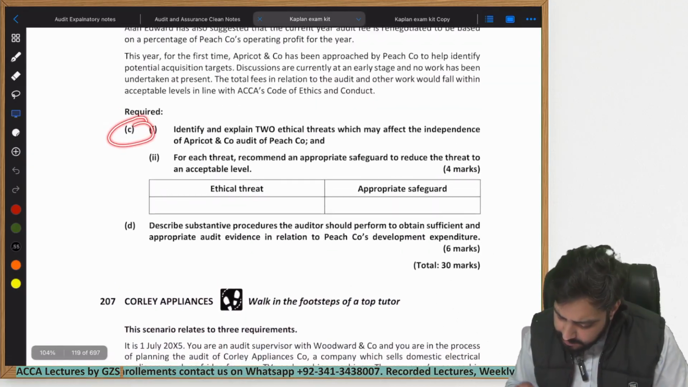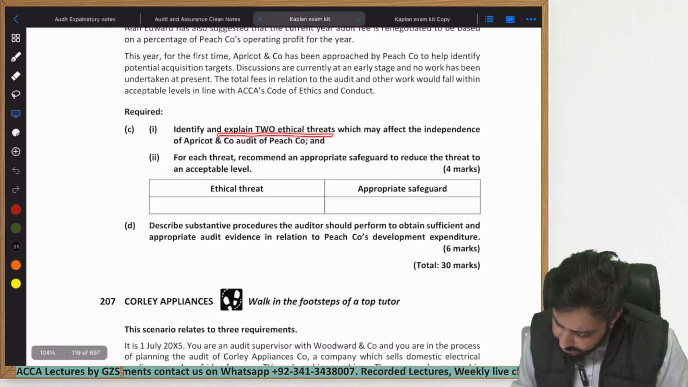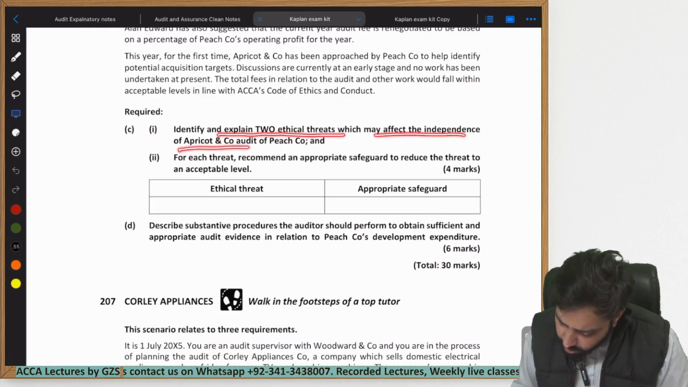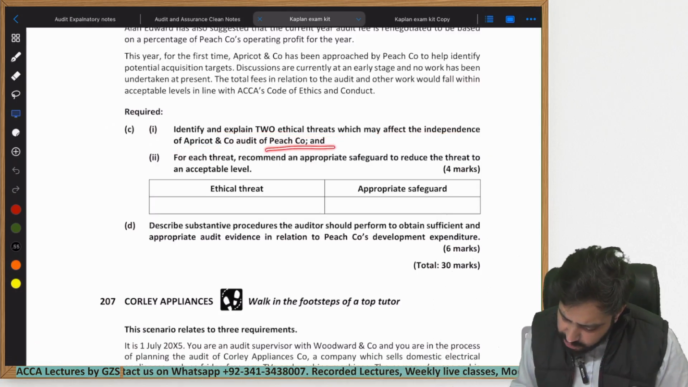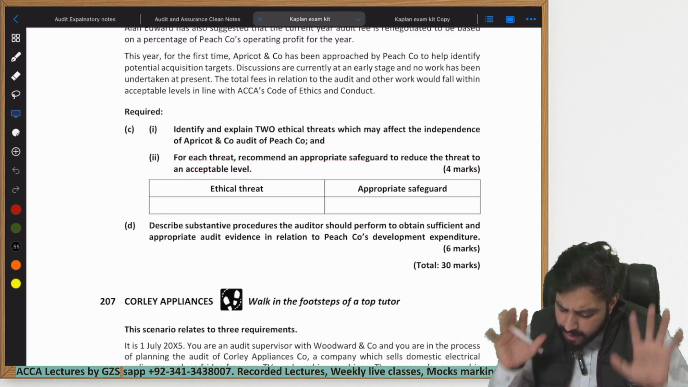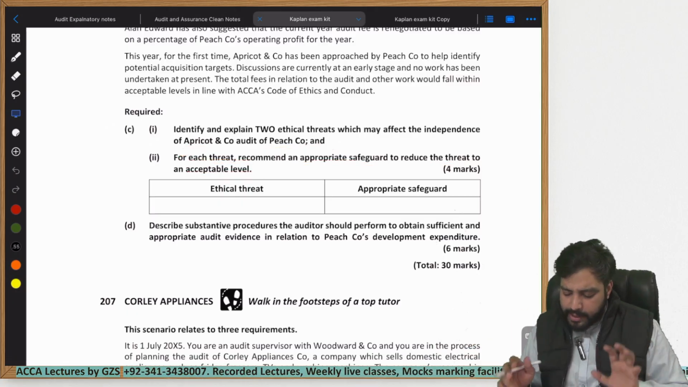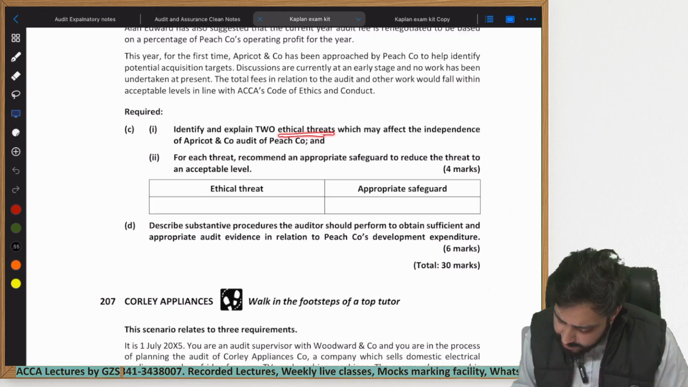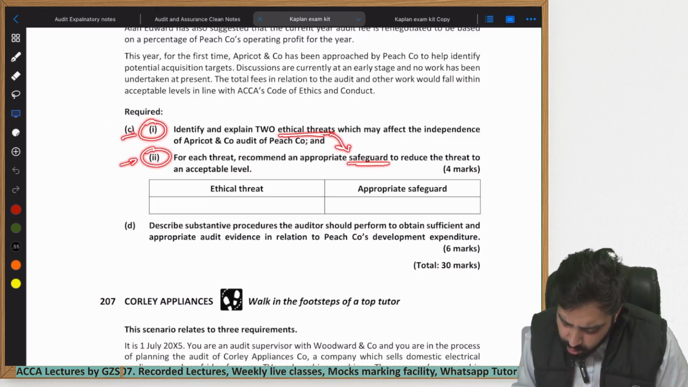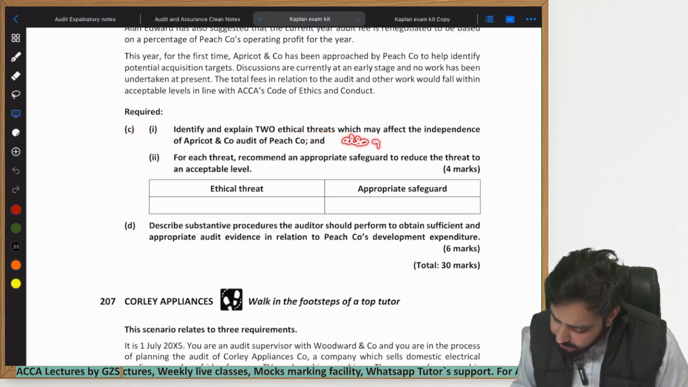If you look at part C, it asks you to identify and explain two ethical threats which may affect the independence of Apricot and Corporation for the audit of Peach Corporation, and part 2 states for each threat recommend an appropriate safeguard to reduce the threat to an acceptable level. Now, wherever you see an ethics question which asks you to identify ethical threats and give safeguards against it, whether they are two separate options or written in one single paragraph with a comma and the examiner says also give the safeguards against it,